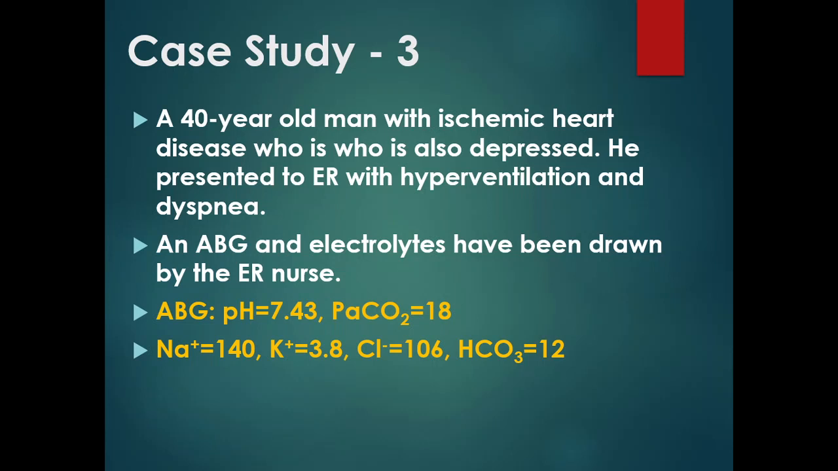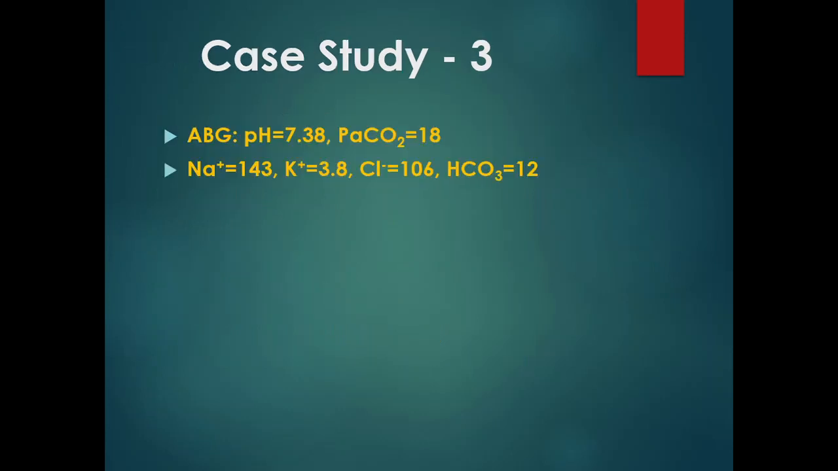So I will look at the bicarb. The bicarb is extremely low. The normal is 24, now it's 12. I would expect the pH to be much lower than this. Then there must be two disorders trying to balance this. And the way we analyze this,